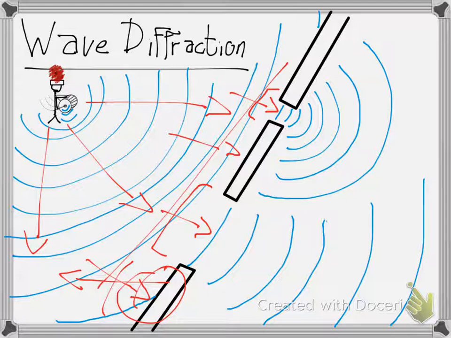So, we get interesting interactions, right? If this hole in the wall were huge, maybe hundreds of feet wide, we really wouldn't see any diffraction at all. So it's all relative to the size of the wave. But anyway, what we see here is as the wave chunk passes through this hole in the wall,